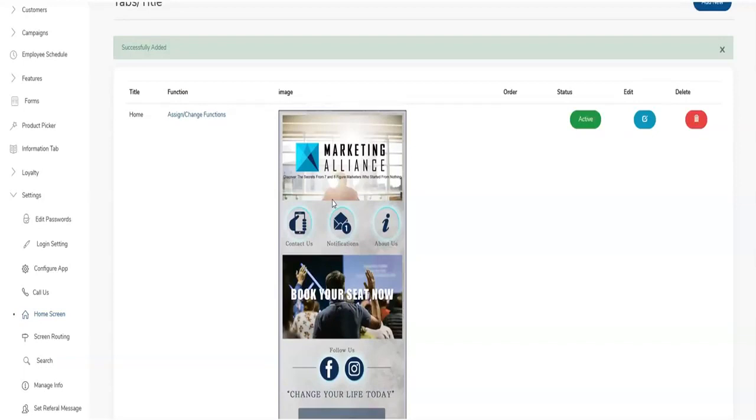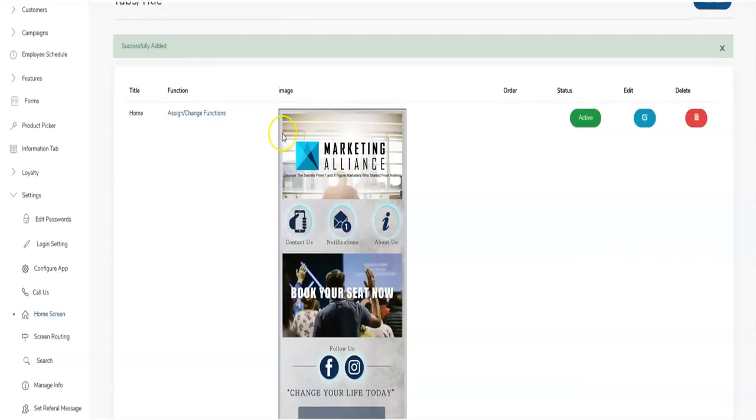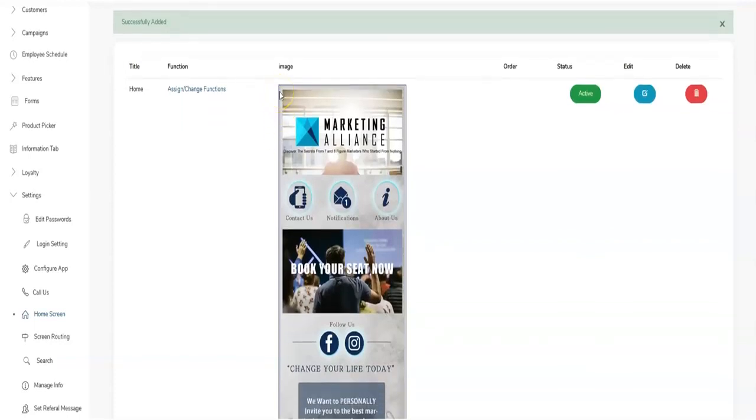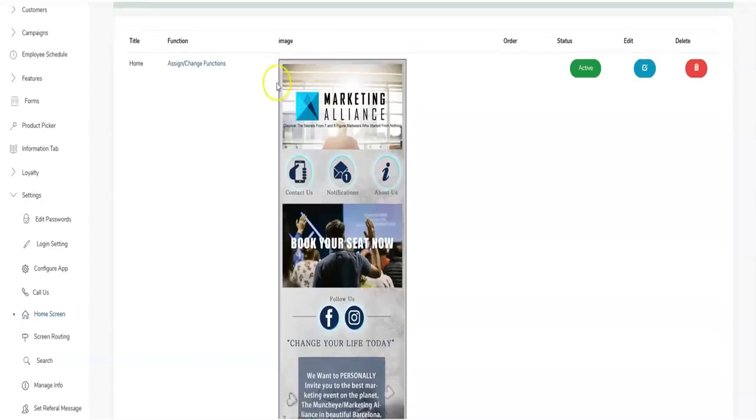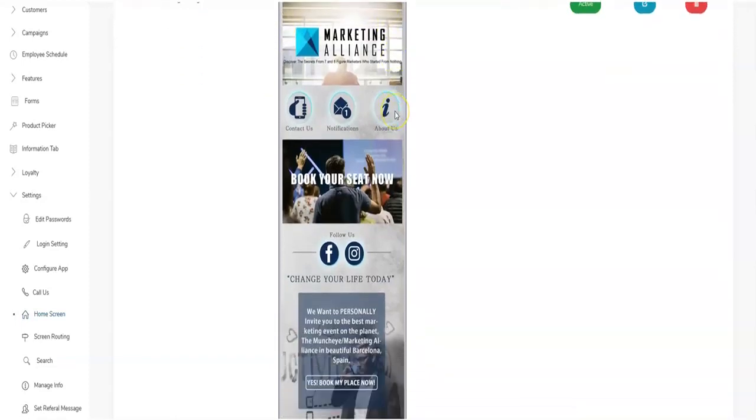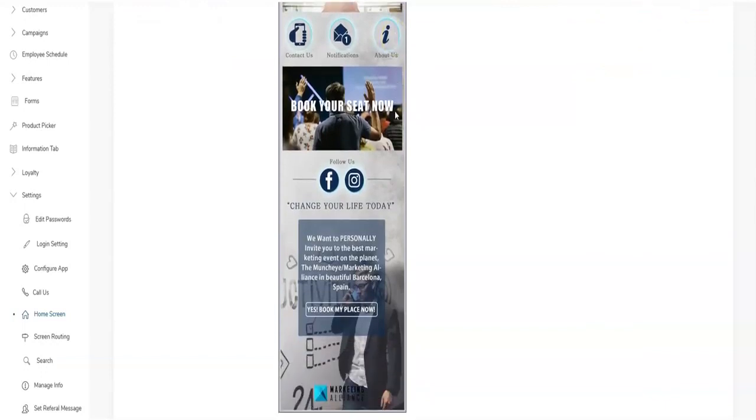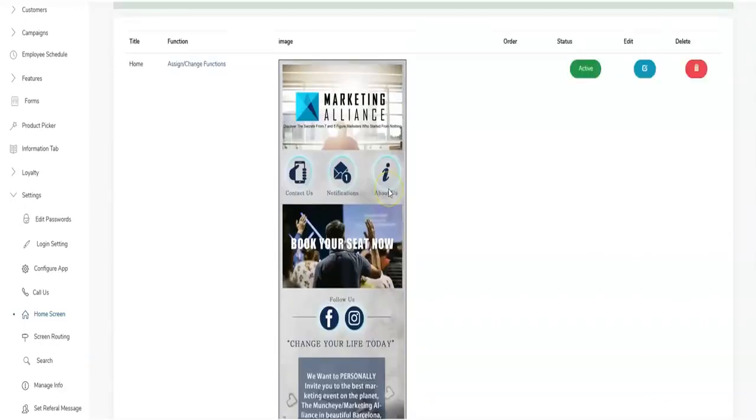Now, this is where the magic, like I said, in our platform happens. We don't use a template. We don't use layouts. We allow you to build an app strictly with literally no limits, no boundaries. You're creating an app. This is the home screen of the app, so this is what people will always see when they open up the app. This was an image created in Photoshop by one of our designers,